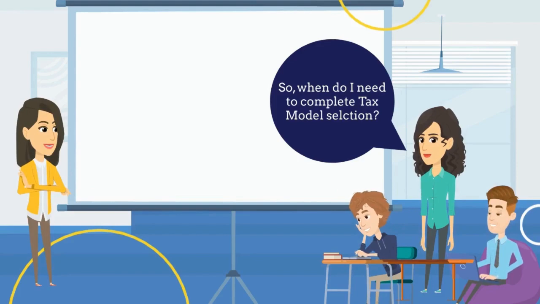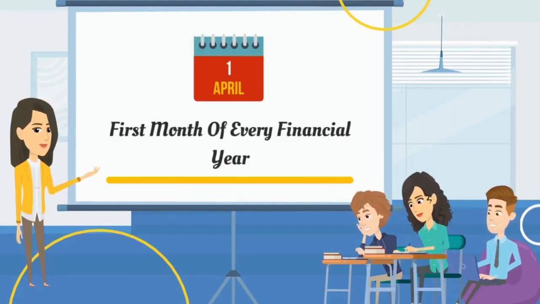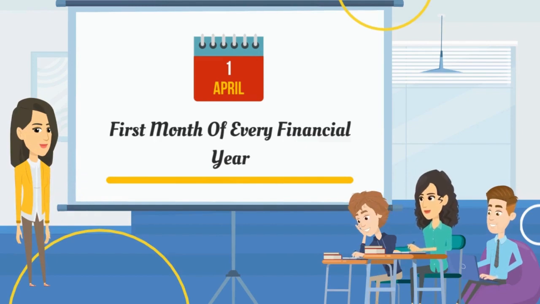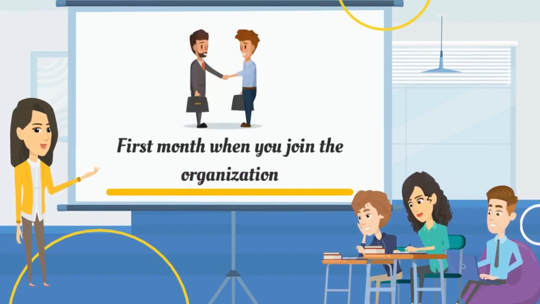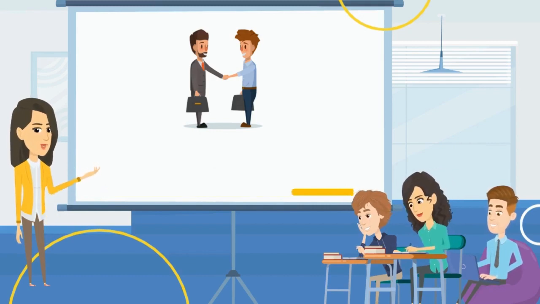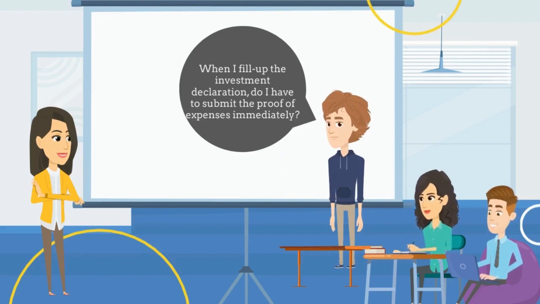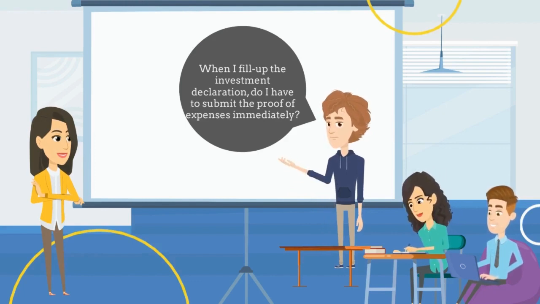So, when do I need to complete tax model selection? Tax model selection must be done in the first month of every financial year, and in the first month when you join the organization. When I fill up the investment declaration, do I have to submit the proof of expenses